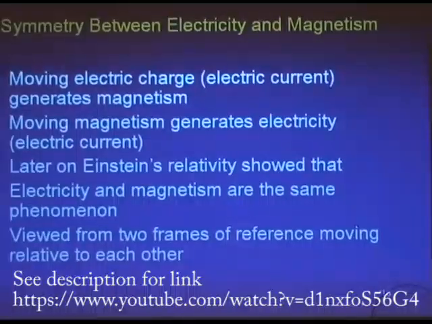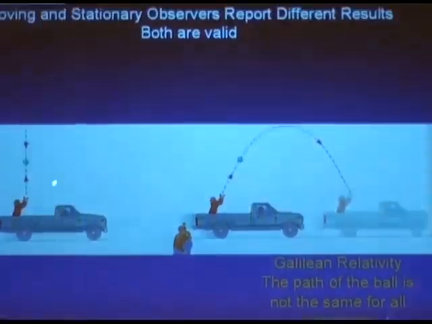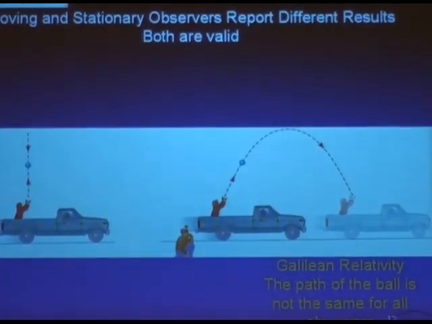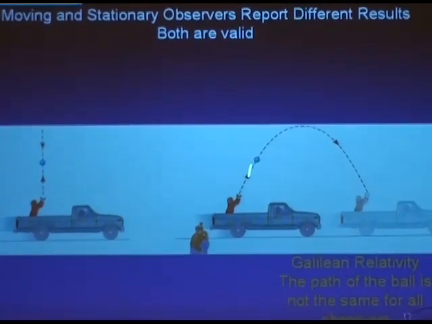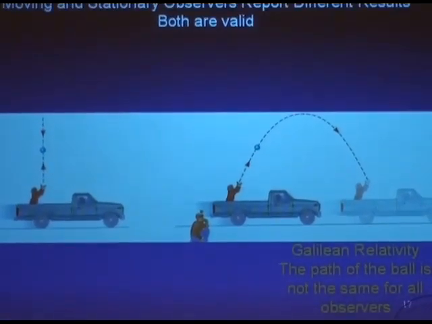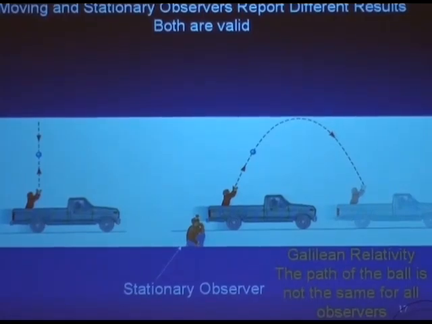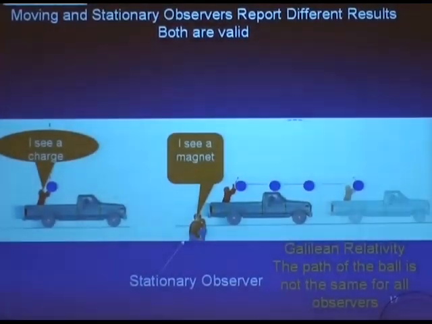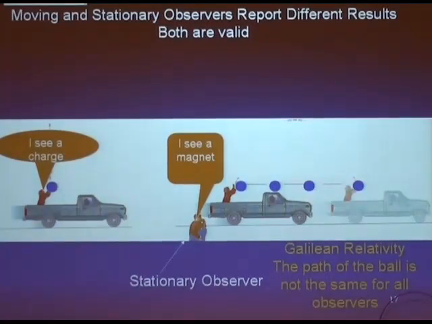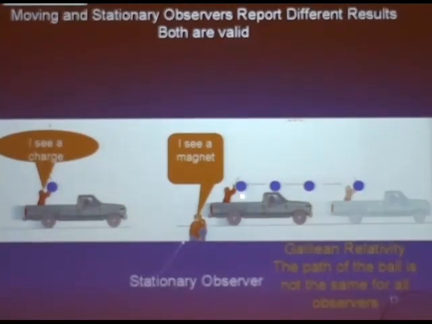Last time I showed you this demonstration, that you could move a ball up and down and have a vertical motion, or if you're on a truck, you'll have the parabolic motion. And Einstein thought about this business about electric charge, and he said, suppose instead of a ball, this guy was holding a charge in his hand. He charged it up, his hair's flying out and all that. He's holding a charge in his hand, and he will say, I see a charge. And now, suppose that he starts moving in his truck.